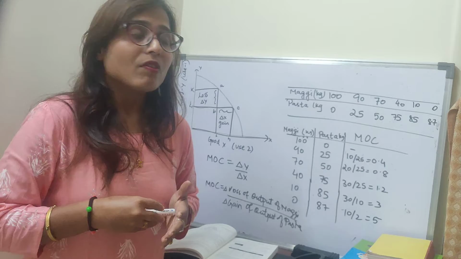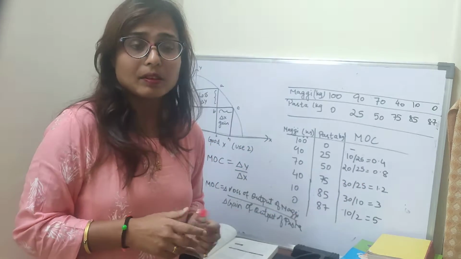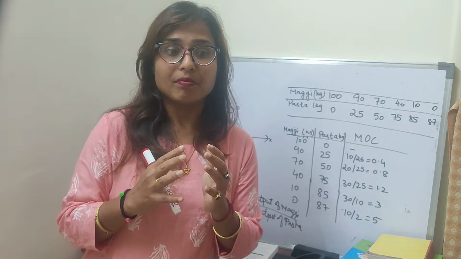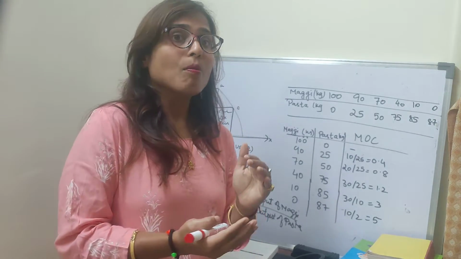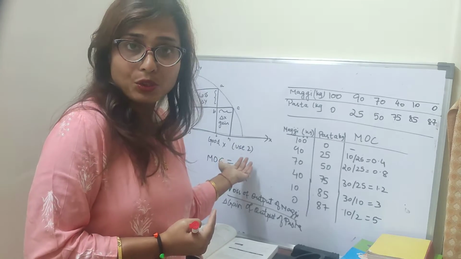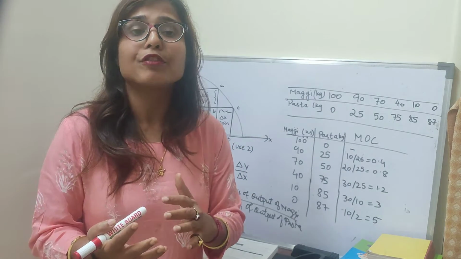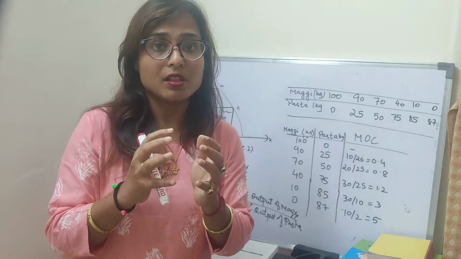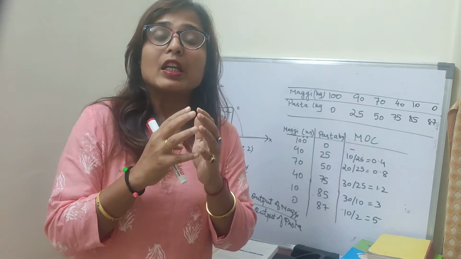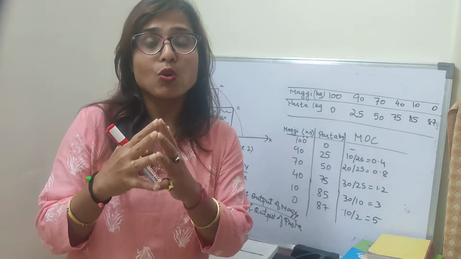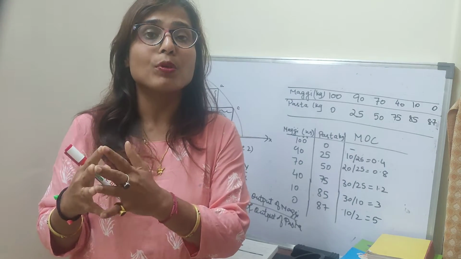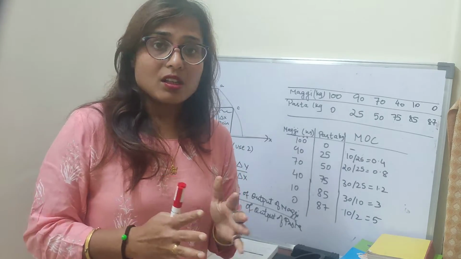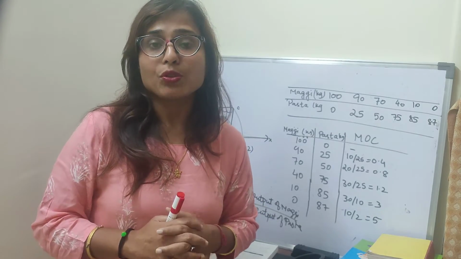So, you will ask, ma'am, why is marginal opportunity cost rising? Since resources are use specific, they are being driven from the most specialized use to less specialized use. That means the resources are shifted from use 1 to use 2. Their current specialized use is disturbed. So therefore, the loss of increasing output implies marginal opportunity cost must also be increasing. So this is the calculation of marginal opportunity cost.